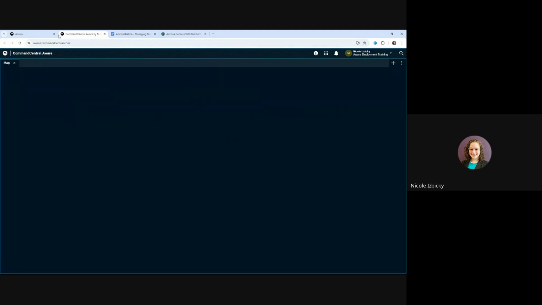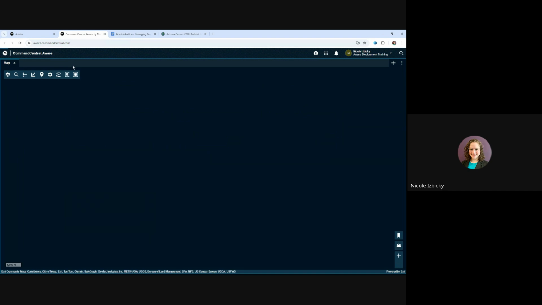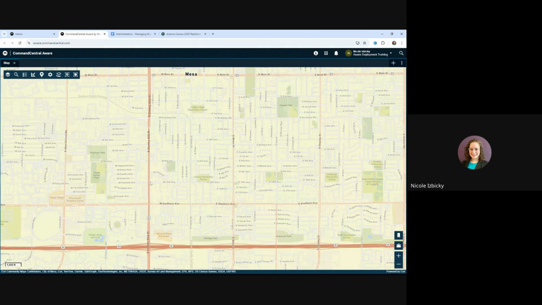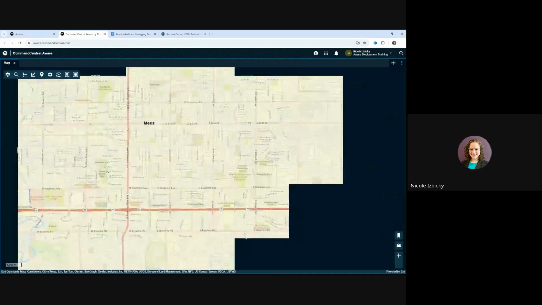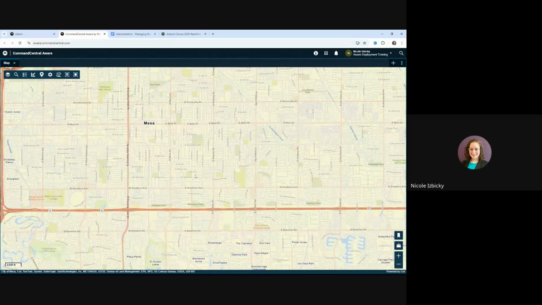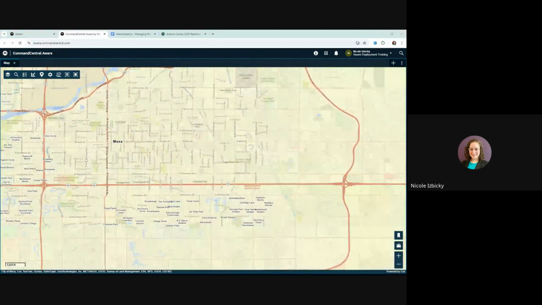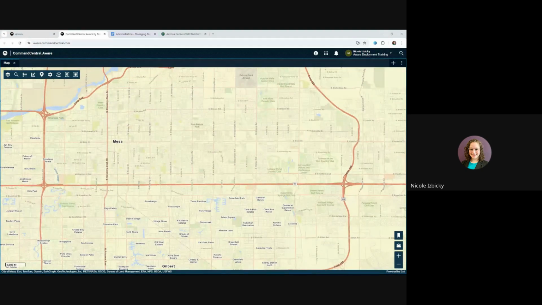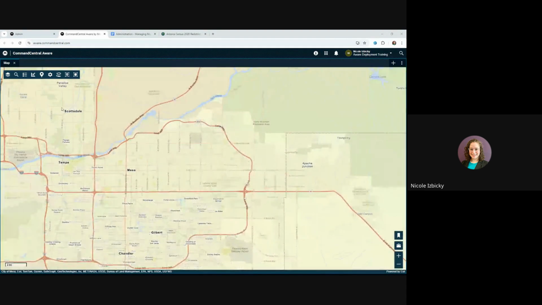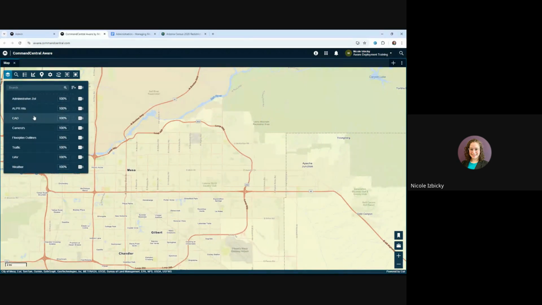And then there can also be a video component, which I'm not going to touch on today, because we're mostly dealing with the PSAP and dispatch space. But some of you may come across that as well. So this is the map. And forgive me, this is a demo environment, so it's kind of empty. But let's see what is in here. So, keeping our GIS lens in mind,